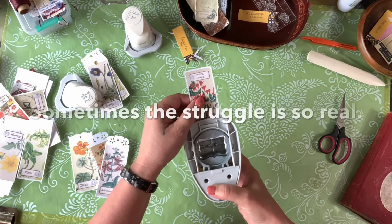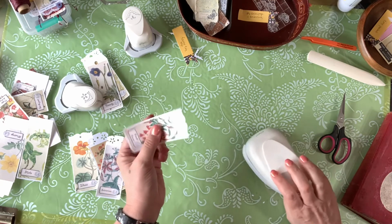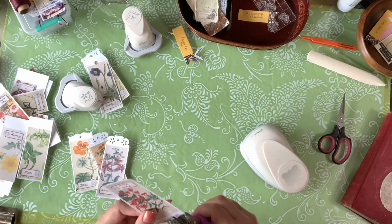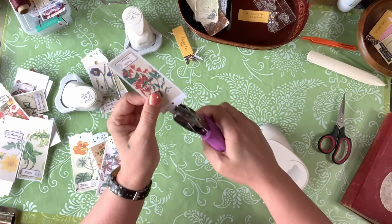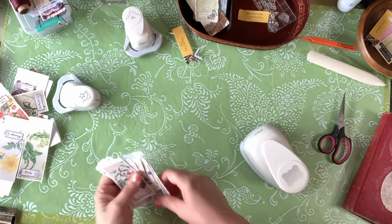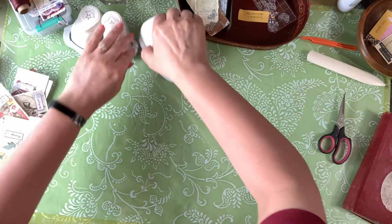Oops. Oh my goodness, this one's not turning out well. Okay, here we go. 1, 2, 3, punch it. There we go. And it makes that nice little scalloped edge. I go back once again, lining it up with the dip and punch. And there's that tag. And so there, I have shared with you 4 ways that I am using the tags that are in this kit,